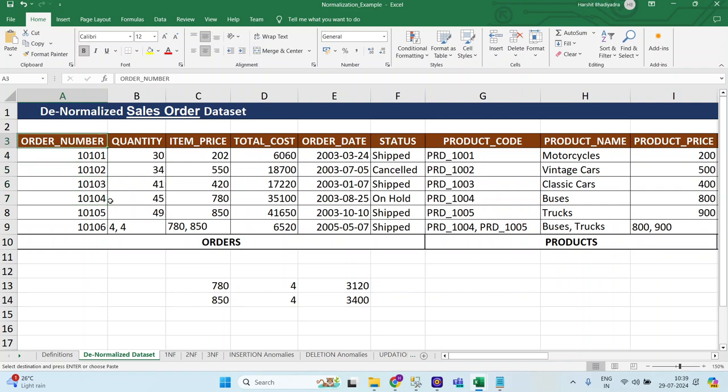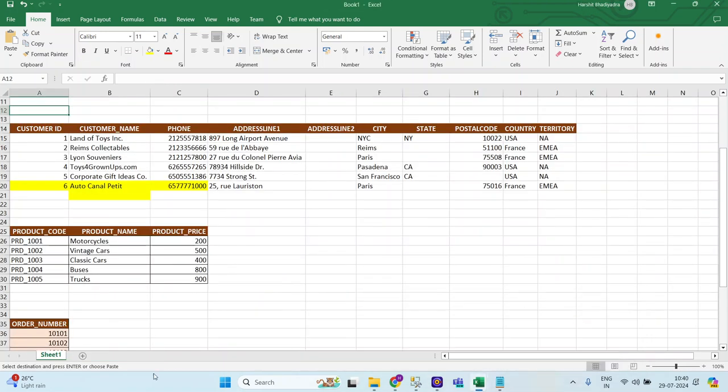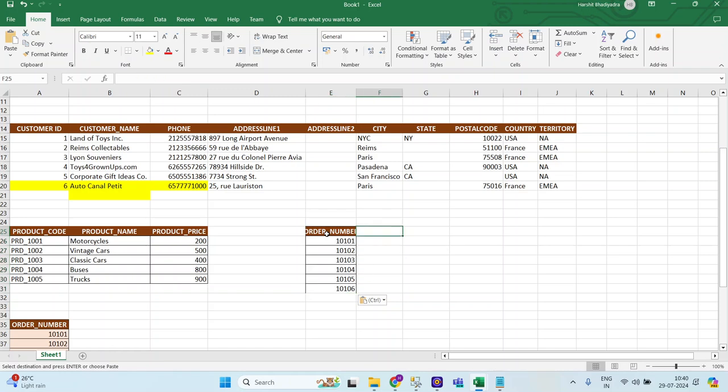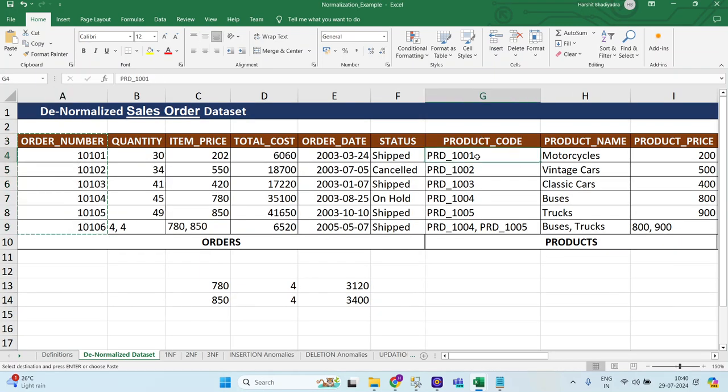We can copy order number from here. This is my mapping table. I'm creating the mapping table over here: order number, then product code,